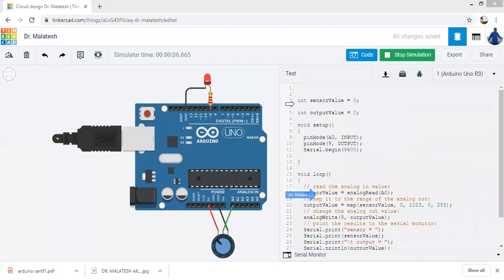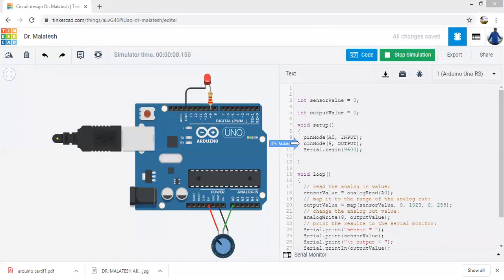You can observe the two variables: int sensorValue and outputValue. These variables are set to 0 in the beginning. This is the setup block.